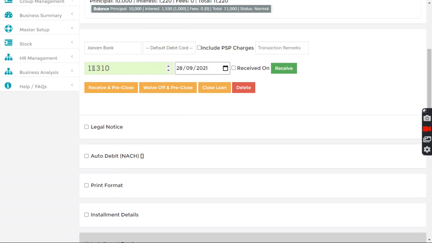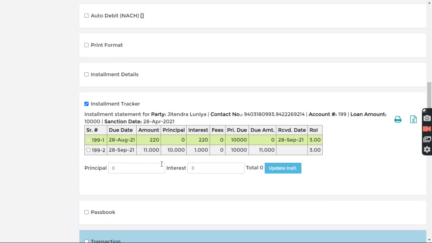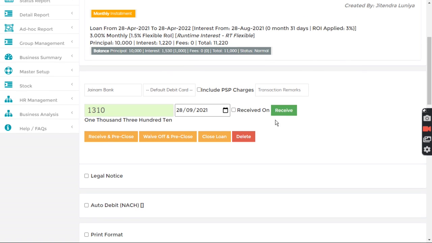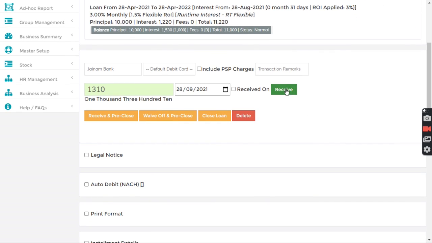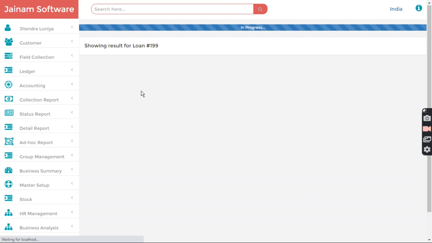So let's receive the entire interest, and if we see here, 1000 is carried over, and for the remaining days 310 is calculated. So let's receive this at 3%. Receive. Now let's search the loan again.